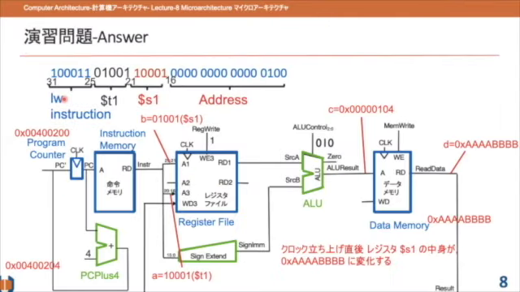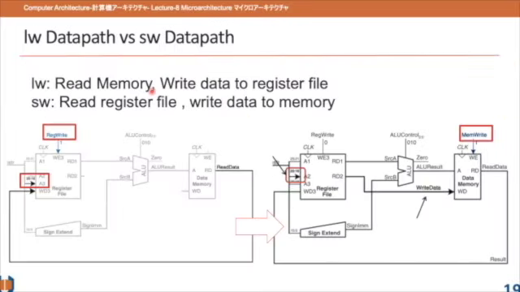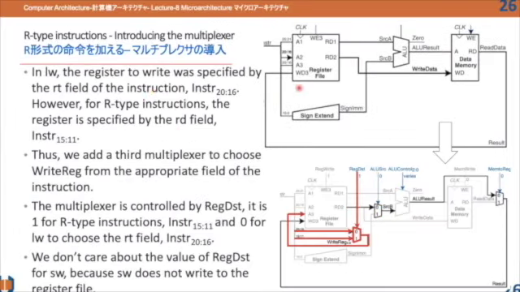Let's move to the load word instruction here. So this is the sequence where you need to write the address, but here, here. Well, we will see the example later. The register where you need to write the result is defined by the address in bit sequence 15 to 11 in the 32-bit instruction. So we need another multiplexer here